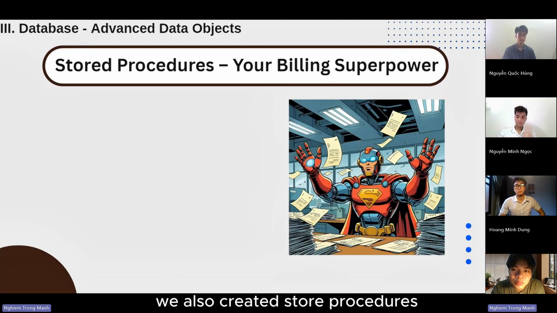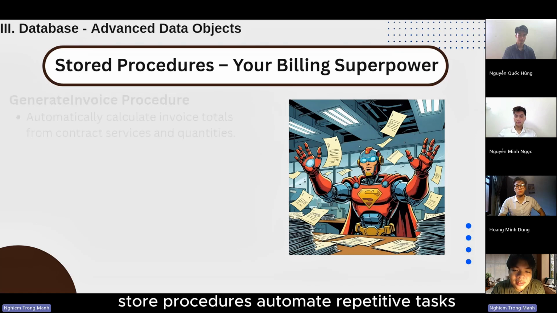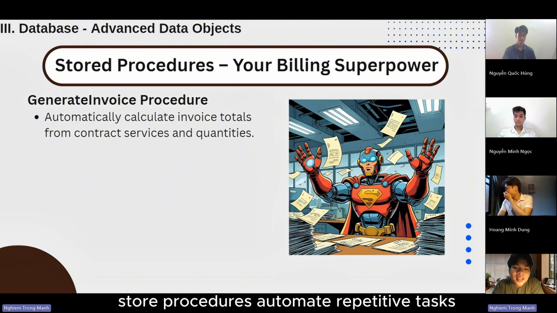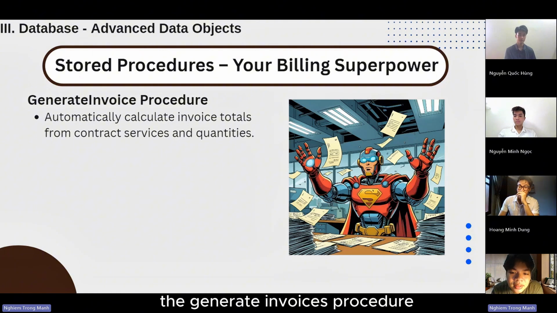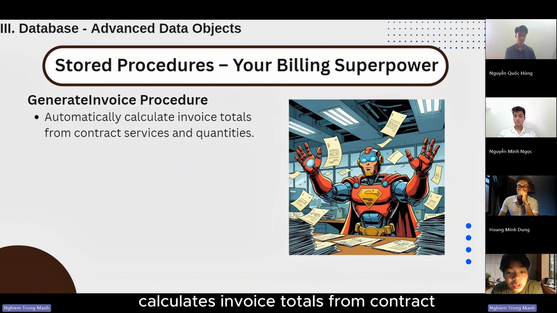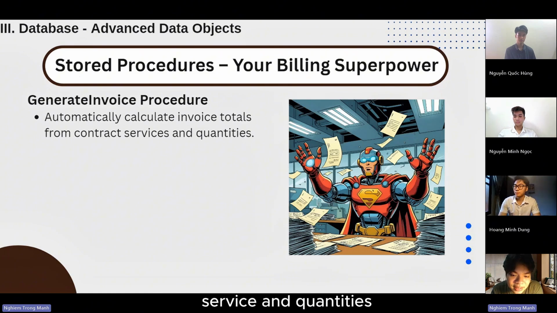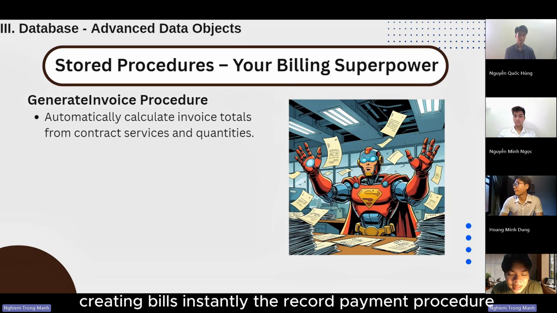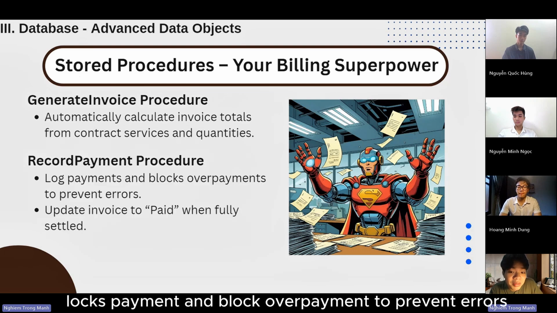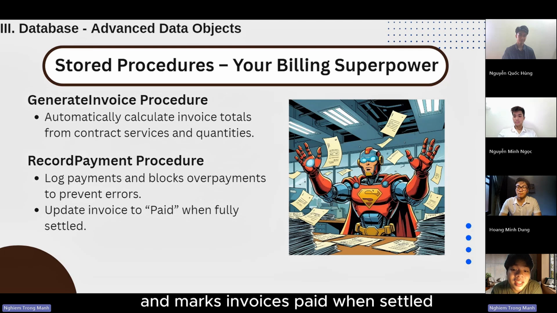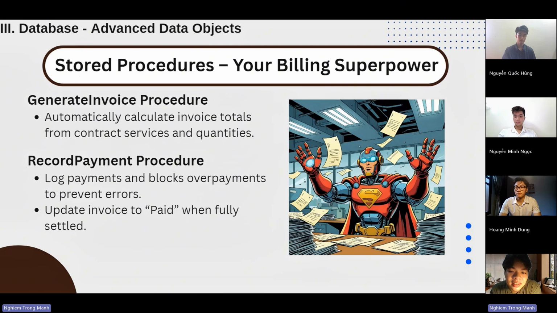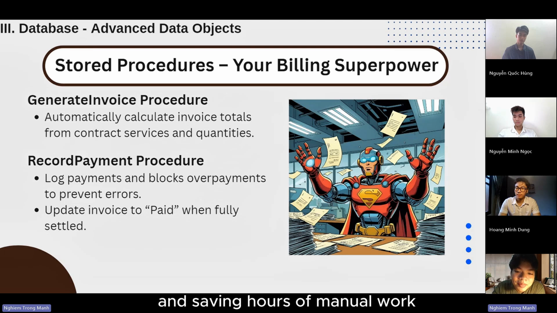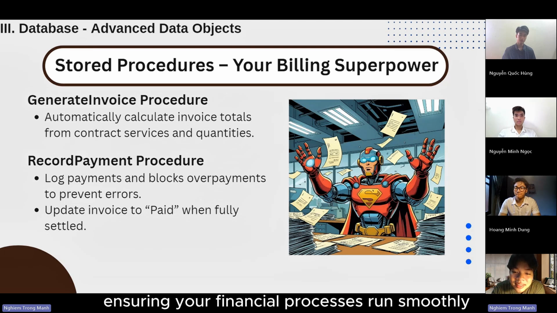We also created stored procedures. Stored procedures automate repetitive tasks. The generate invoices procedure calculates invoice totals from contract services and quantities, creating bills instantly. The record payment procedure logs payments and blocks overpayment to prevent errors, and marks invoices paid when settled. These act like a robotic assistant handling bills accurately and saving hours of manual work, ensuring your financial processes run